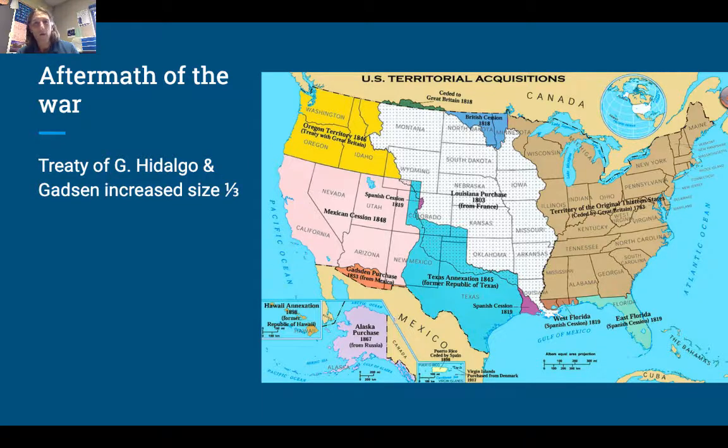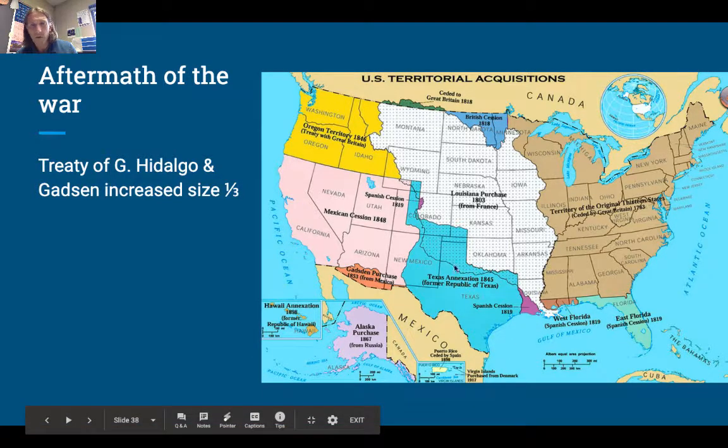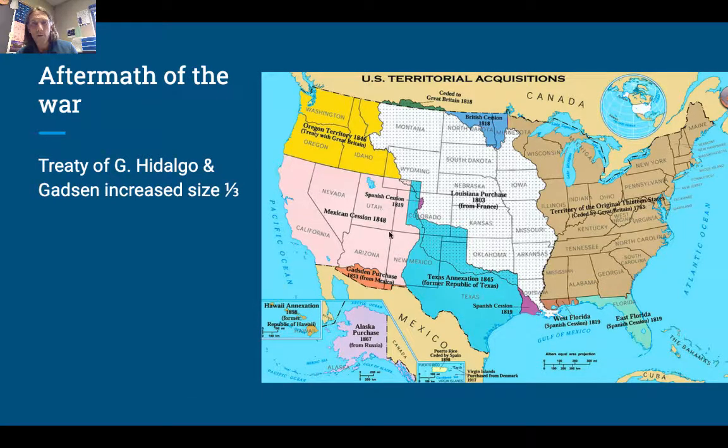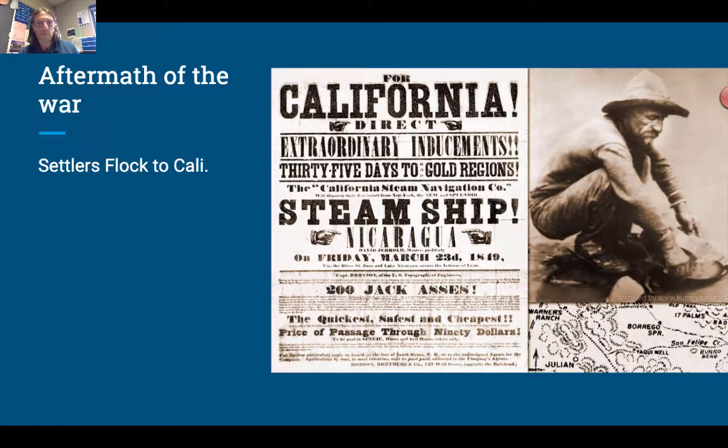Guadalupe Hidalgo. And so we get all of what used to belong to Mexico here, which is Texas, New Mexico, Arizona, California, Nevada, Utah, parts of Colorado. And then eventually we're going to buy this little piece here called the Gadsden Purchase. Really, we're looking at that for the potential of building a southern route for the Transcontinental Railroad. Regardless, we increase the size of the United States by a third. It's a pretty hefty chunk of our country, and we're growing.